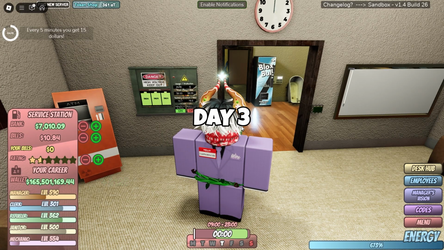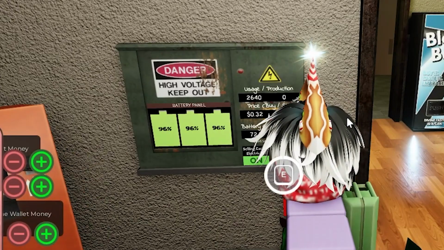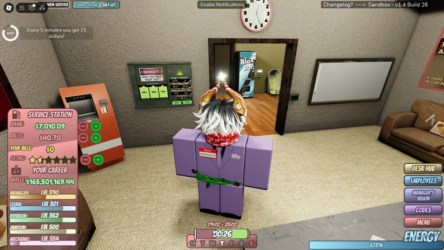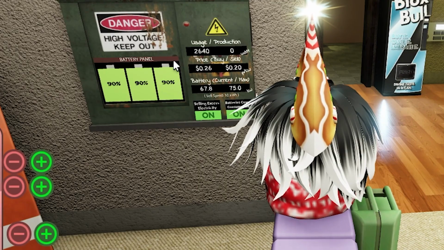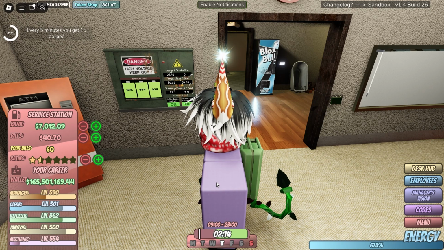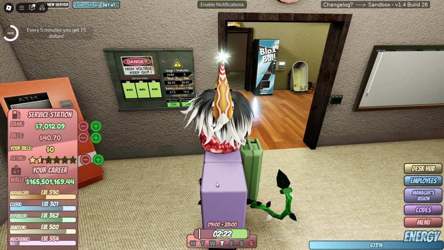As soon as the day ends and the new day begins, you'll turn the batteries on now, and I keep the bills right here at $40. That way, when it reaches 6 o'clock, the bills haven't climbed tremendously, and hopefully they stay charged long enough to where you could reach that 614 mark, and you can start selling your electric to get the bills down even